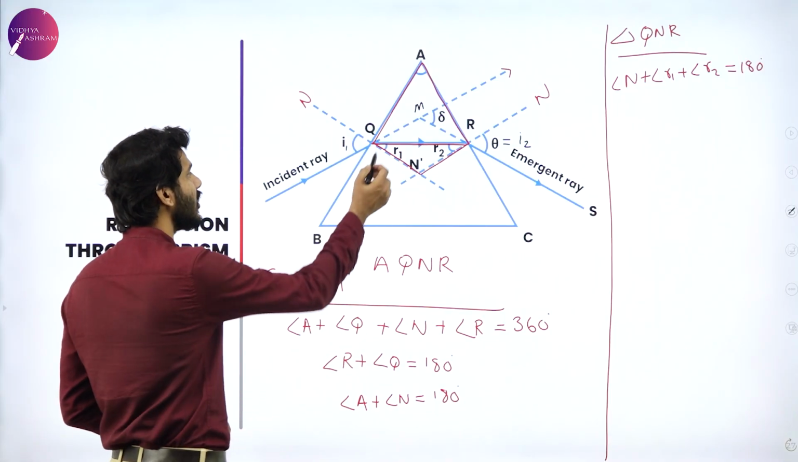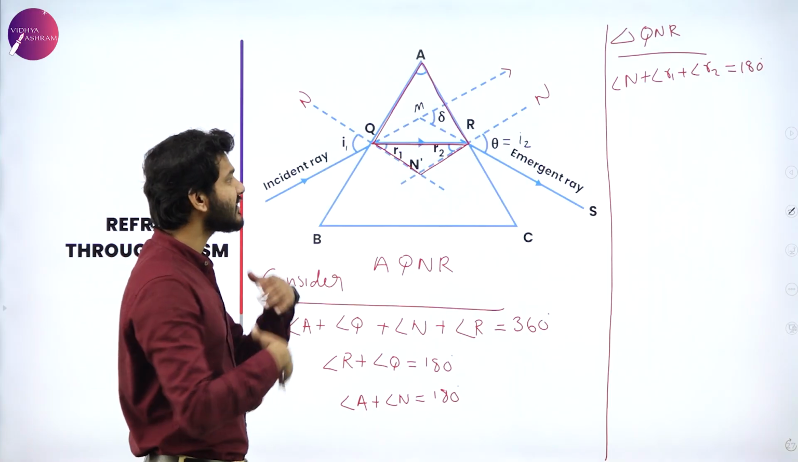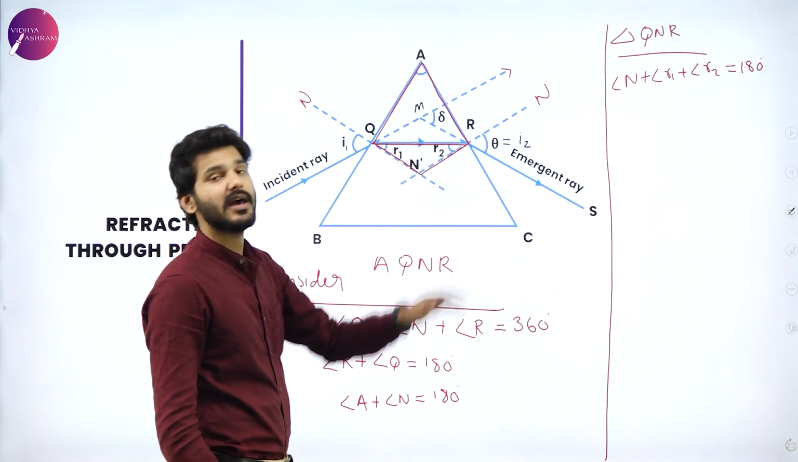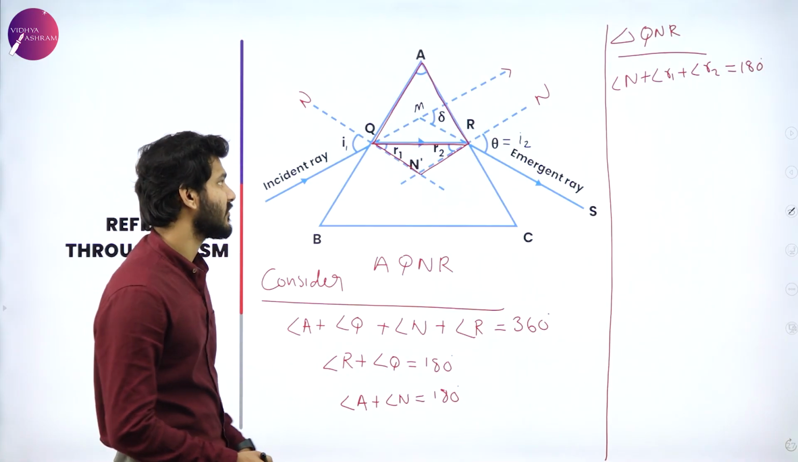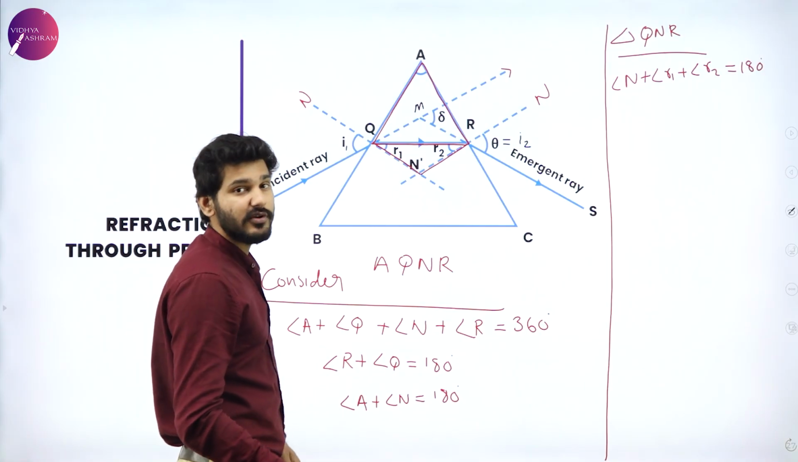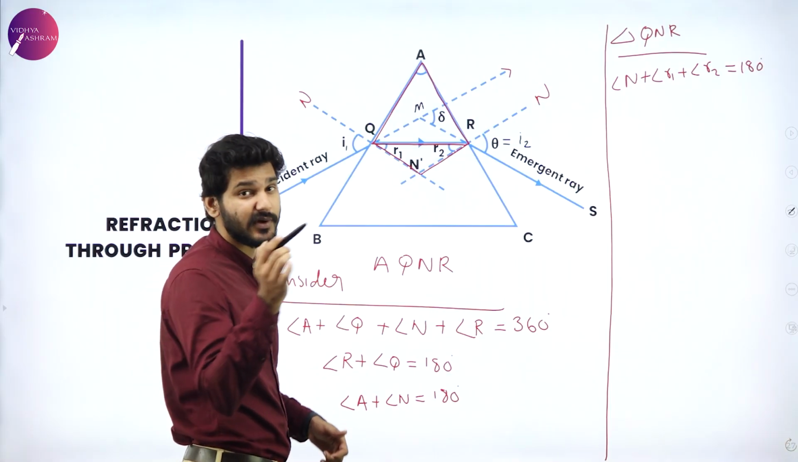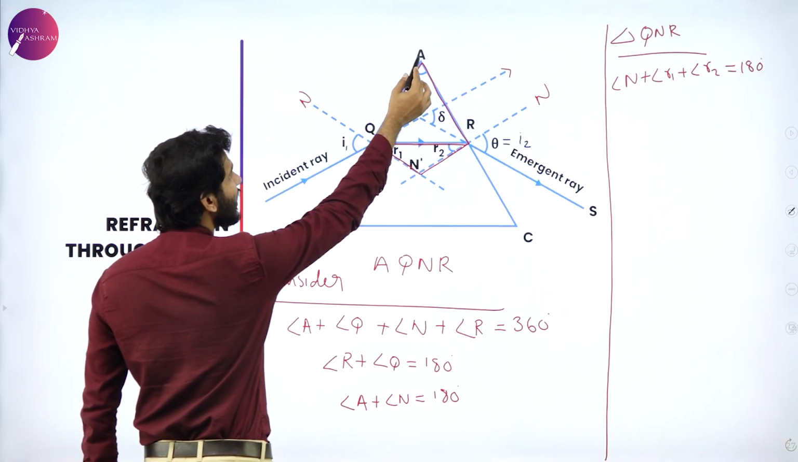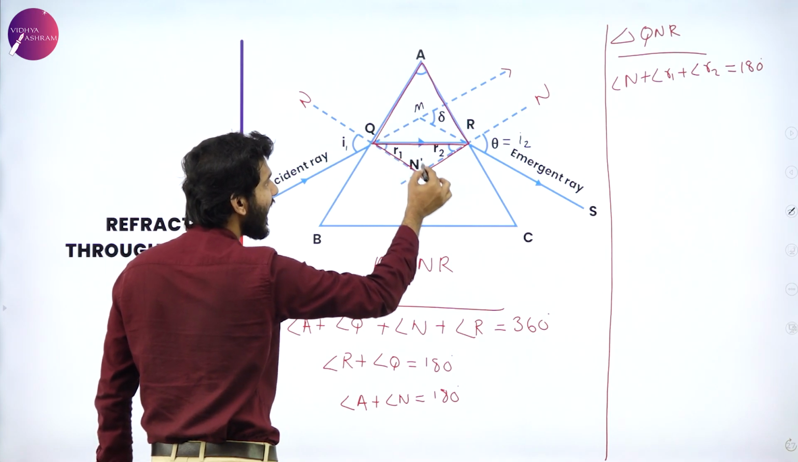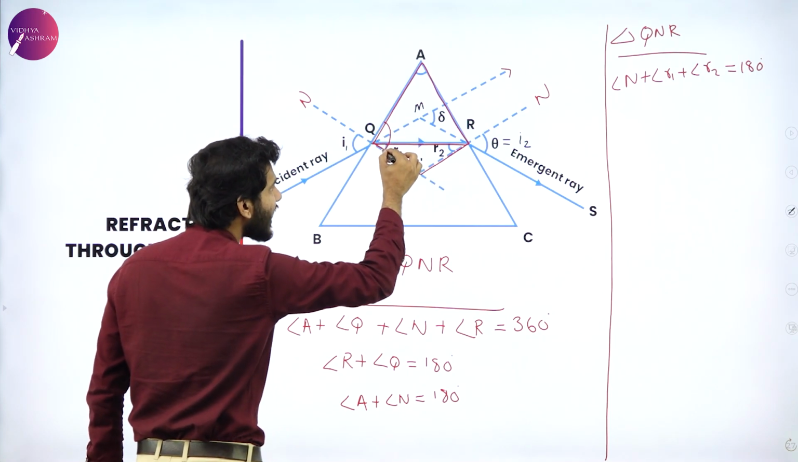And don't worry where I got R1 and R2 from. I just arbitrarily took them as R1 and R2. So this will be equal to 180 degrees. Now, this will be of use in the coming steps also. That's why I'm saying it right now itself. This particular angle, that is angle AQN, this entire angle